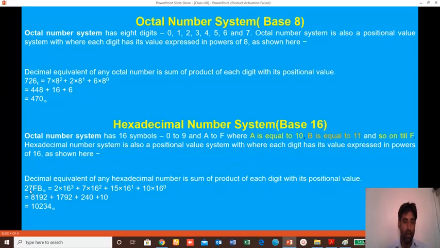The method of representing a hexadecimal number is any combination of digits from 0 to 9, like 2, 7, and alphabets from A to F, for example FB. 27FB base 16 is a valid example of a hexadecimal number. Its equivalent decimal number can be calculated by multiplying with 16, because its base is 16. We multiply every digit with 16 to its respective power, and the powers increase from the least significant digit to the most significant digit.